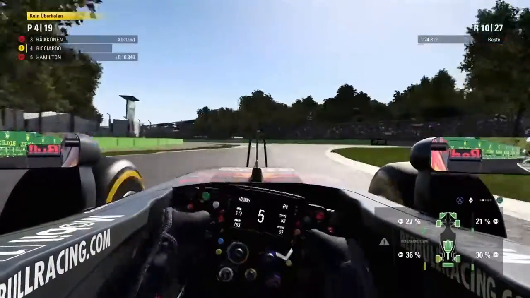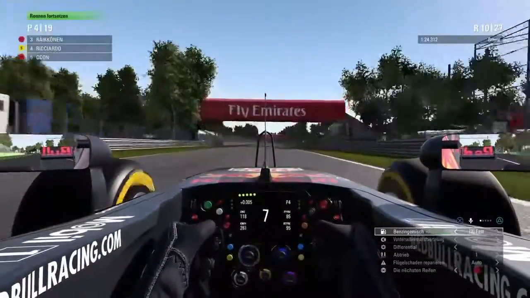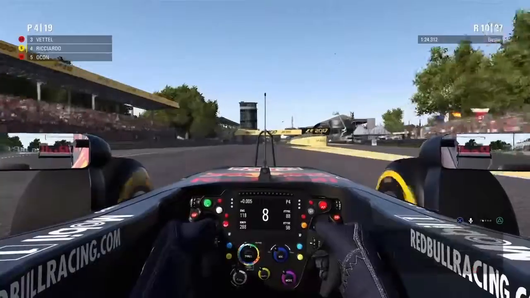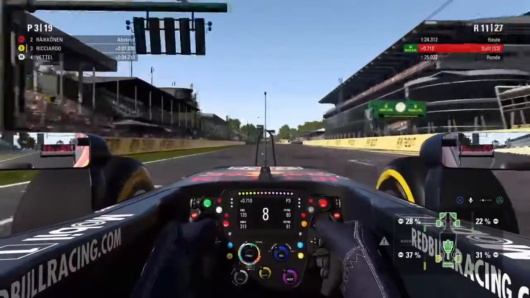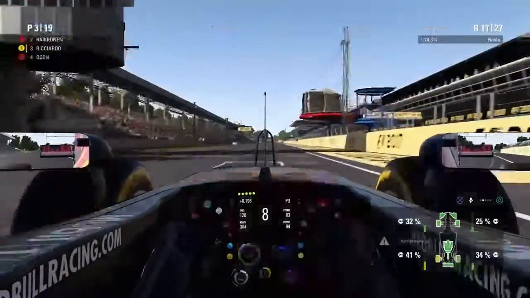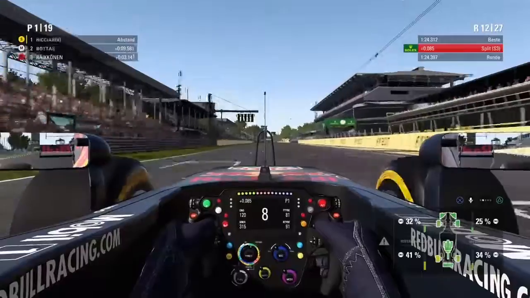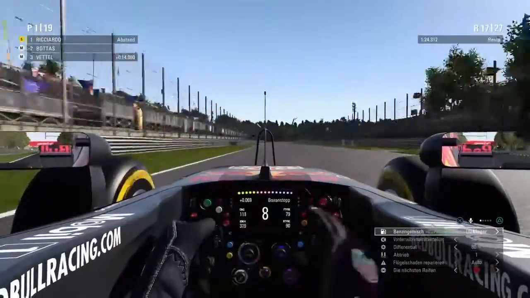You can see that Lewis had a problem with his car, so yeah, he lost a lot of time there, and we fortunately went into P4. And here you can see a few of the leaders went into the pits onto the medium compound tire, so they will go to the end, and it will be very tricky for us to